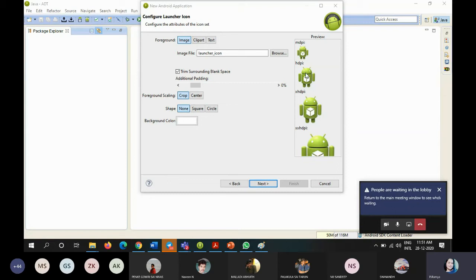If you want your application icon to be somewhat bigger on your mobile phone, you can go with HDPI. DPI is the same for all, density pixel intensity. Here M means medium, here H means high. That's the difference. Next, high density pixel intensity.